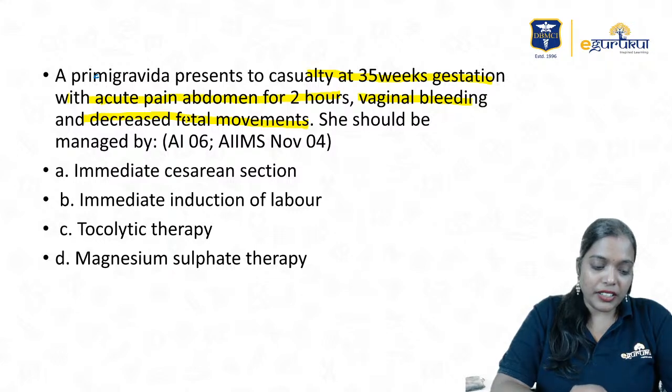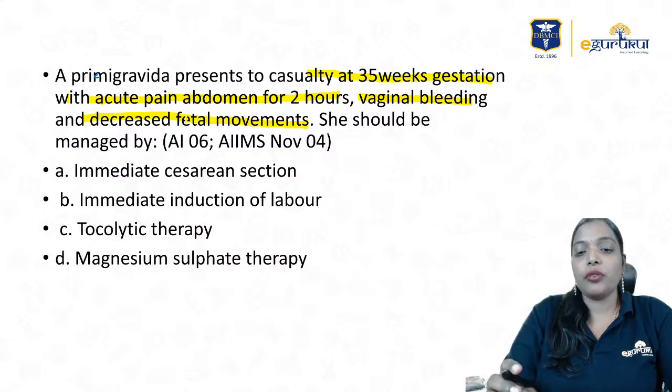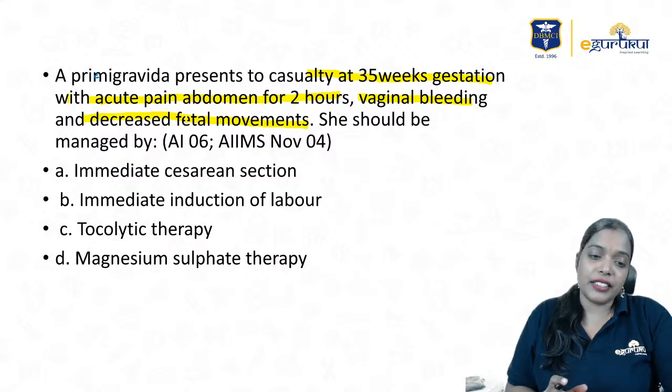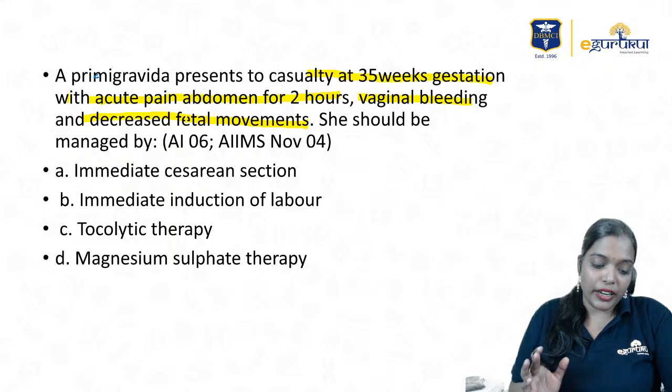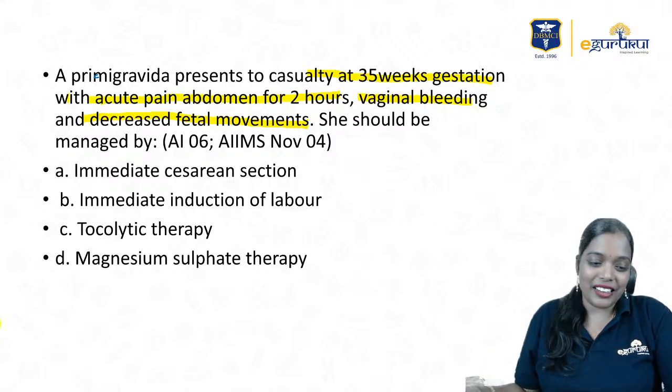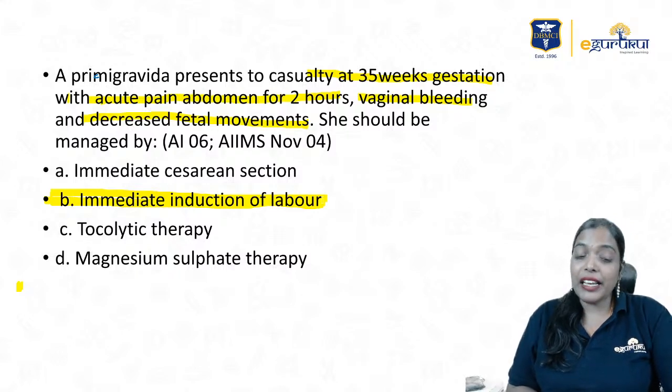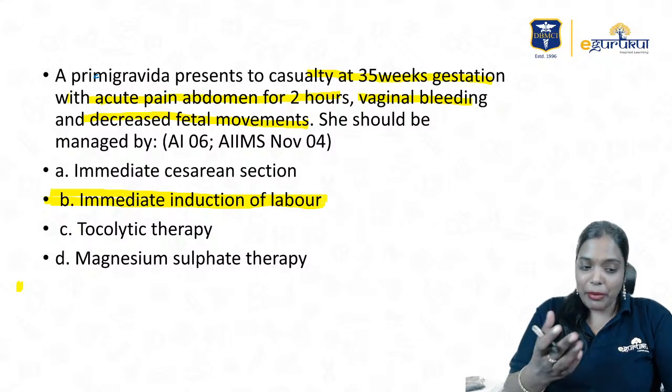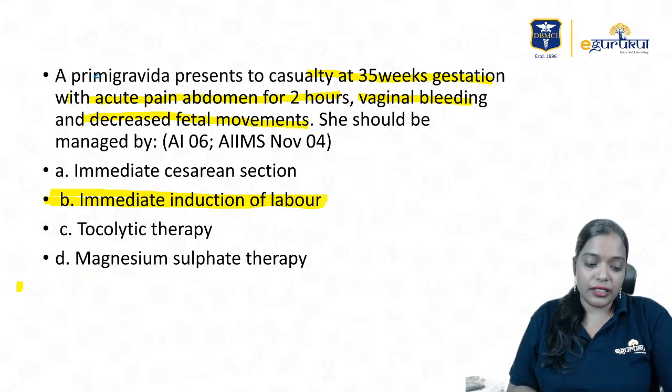Right, so most of you have answered A, but actually the answer is B, guys. I already told you just now, only when will you conduct cesarean? You first initially answered B and then changed it to A. B is the correct answer, guys. What did I tell? When will we do cesarean? Only when they have fetal distress. Then only you'll go for cesarean. Did I mention here if there is fetal distress?